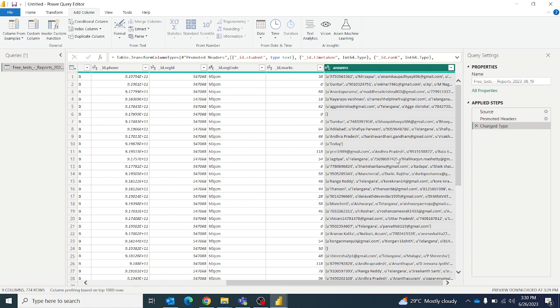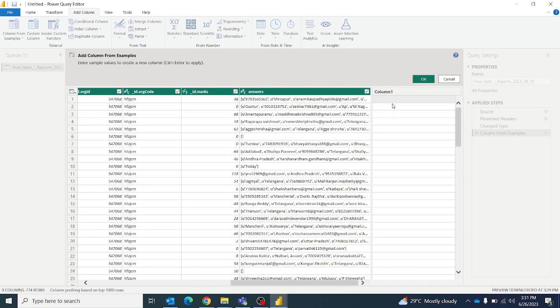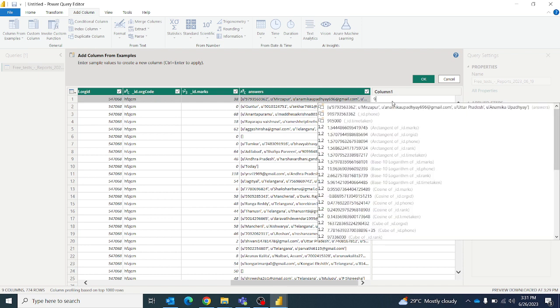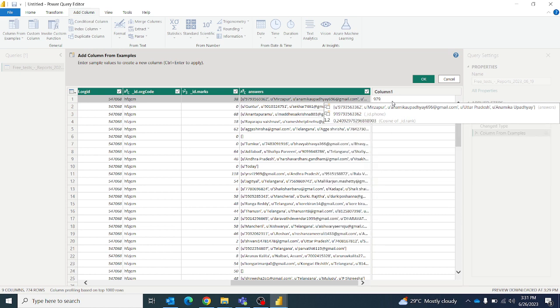No need to write any complex script or any code for this. We have a beautiful concept in Power Query where we can extract the phone number using Column From Example. Okay, so click on Column From Example, right? Then type the phone number, and it will understand the pattern, that we have to extract the phone number from the scattered data. Okay, so